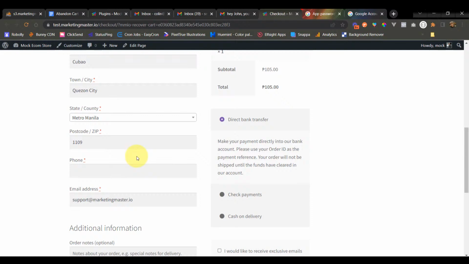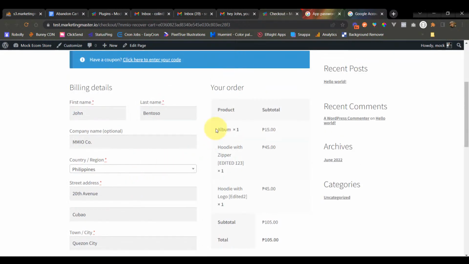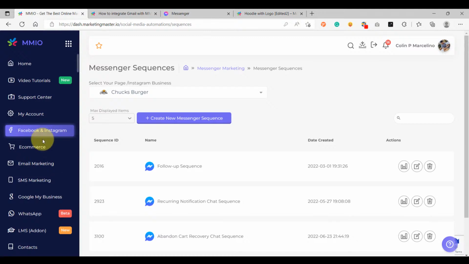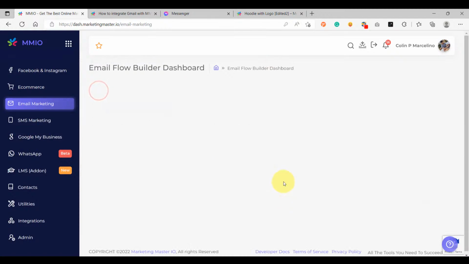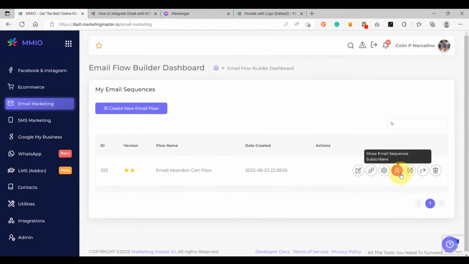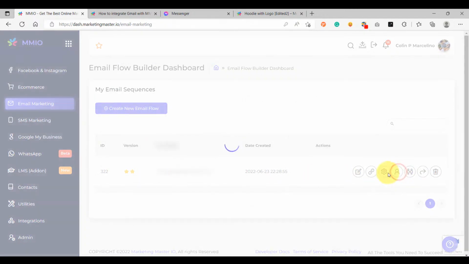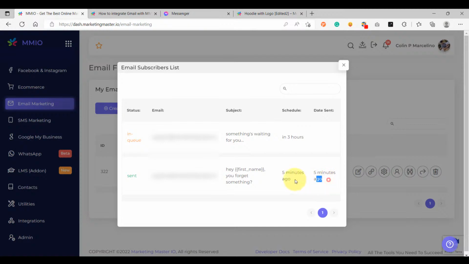So that would be easier for the customer to continue the purchase. And if we go to the report for our email flow, go to email flow by going to email marketing, email flow builder, and then click the show email sequence subscribers. We should be able to see that we have our first email here and we have in queue for the